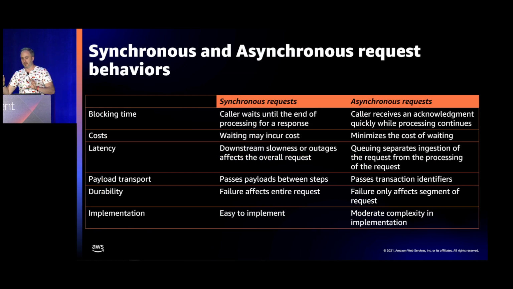So the behavior of this application in the synchronous version and the asynchronous version is pretty different. So here's how it looks, right? In terms of the blocking time, in the synchronous version, my user, my caller, is waiting until the end of the process for a response. So it has to wait for the whole application to finish translating everything before it gets a response back saying, done. In the asynchronous version, my user gets a response back straight away saying, OK, we're going to translate that for you. You can go ahead and browse the app.